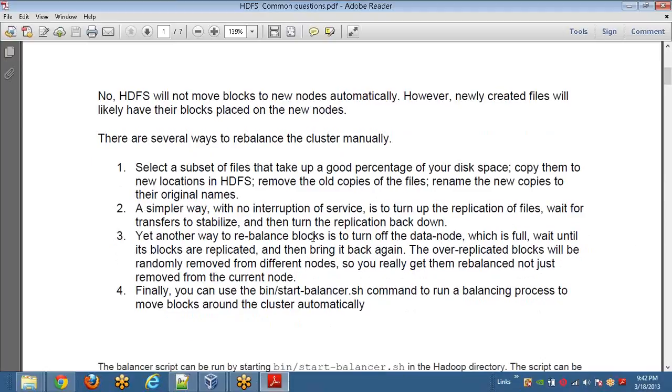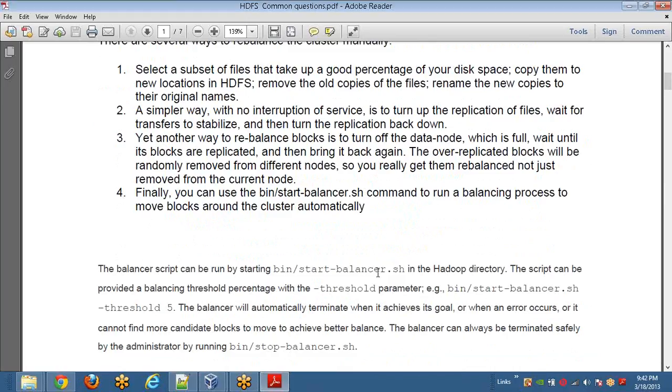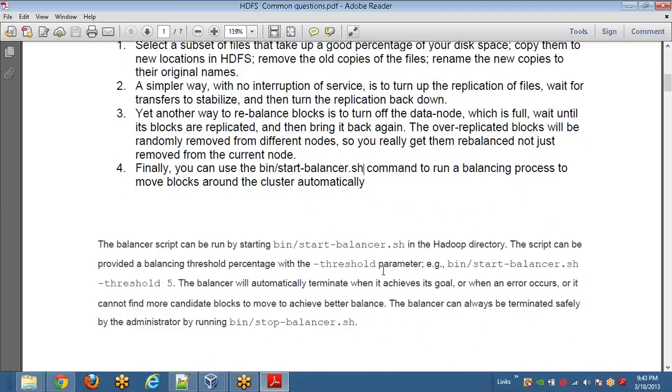One other way is, as you can see, that's where point 2 and 3 is there, but you do have this start-balancer.sh script there. If you look into the bin directory, that's where the balancer.sh file is, and you can run that. That's actually an explicit command to your name node to start a rebalancing, and as you will assume that requires